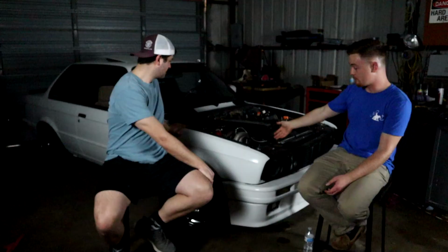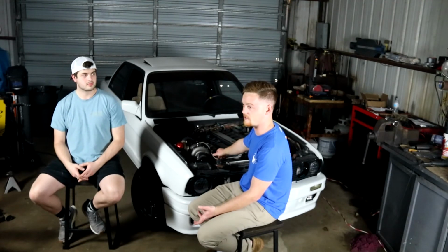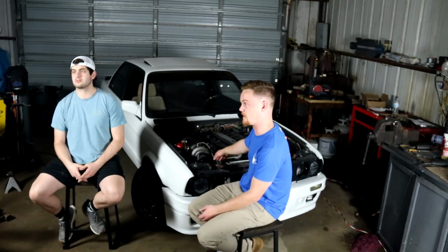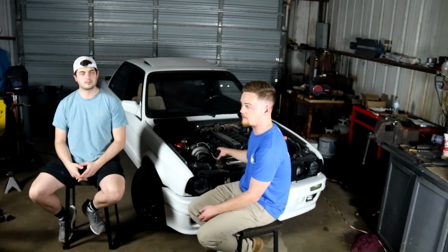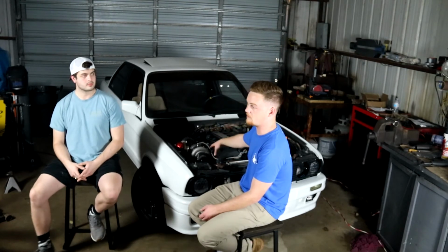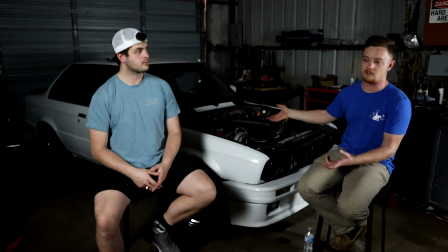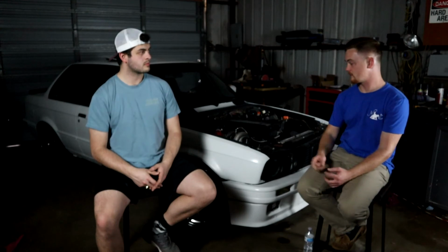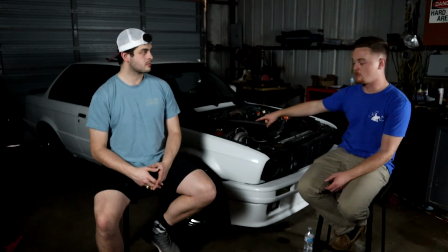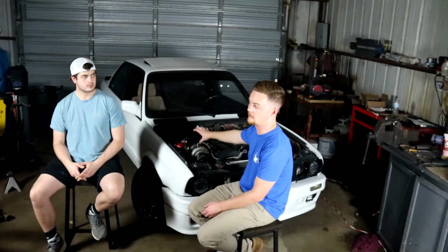The manifold is from the company Good and Tight, or RSI, Rapid Spool Industries. They make BMW manifolds. This one is really great quality. I recommend the quality, but the wastegate placement had major boost creep issues with it, and from what I've heard, that's really common with these manifolds. So this weekend, while I'm up here, I was moving my wastegate from the manifold to right on the exhaust housing,